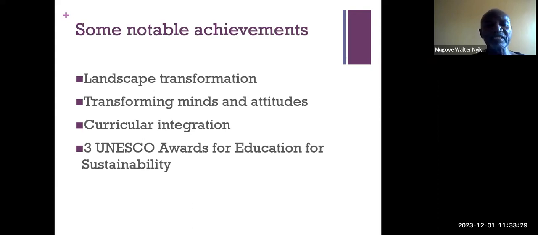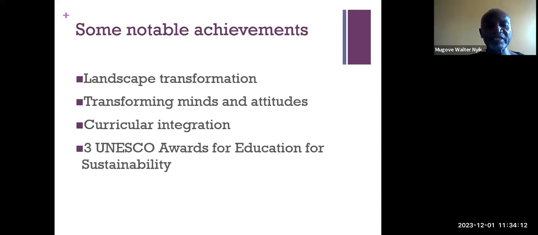Also, we have observed the significant transformation of minds and attitudes as a result of schools working with the ILUD approach. We have also seen some integration across the curricula, firstly at school level, and secondly, sometimes at national level, like in Zimbabwe. The primary school curriculum has incorporated elements or principles of ILUD, and we have also